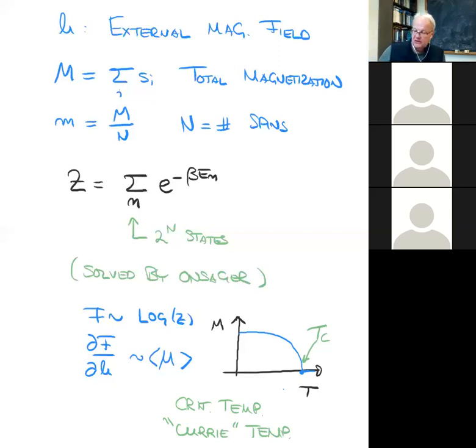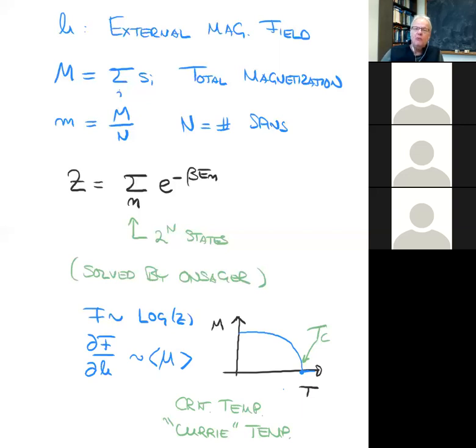So this, by the way, first of all, why does this happen? Well, loosely speaking, at low temperature what dominates in the partition sum is that the states with the lowest energy dominate, and the state with the lowest energy is one where all the spins are aligned. But as you increase the temperature, the suppression of higher energy states becomes less and less. So it's easier for the system to go into high energy states.